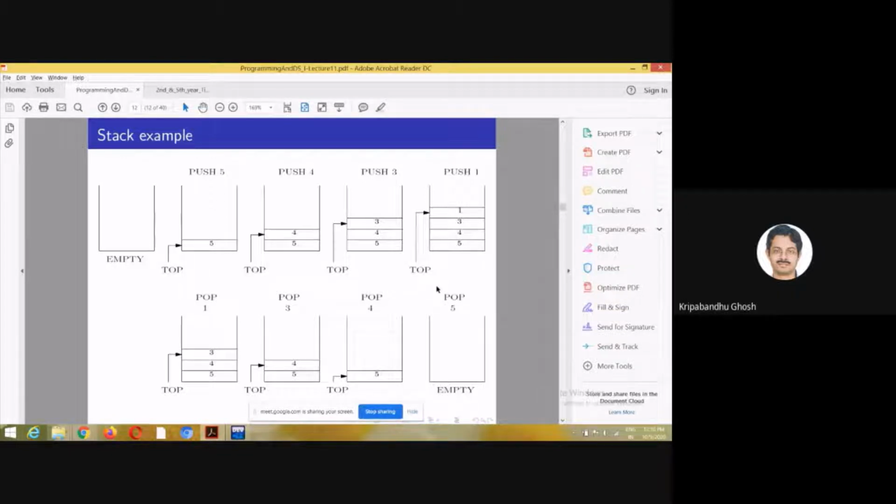So push, you are pushing something at the top. The term popping is usually associated with popcorns, right? When you heat the popcorns, the corns get fluffy, and they basically jump up.